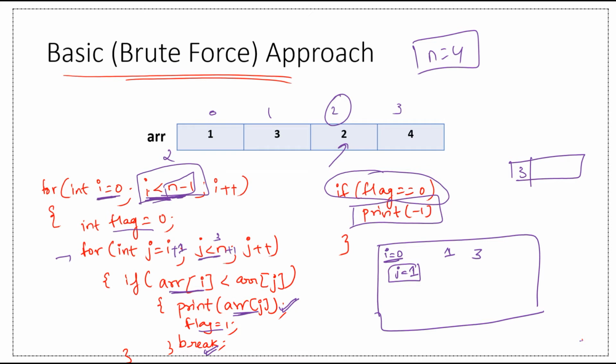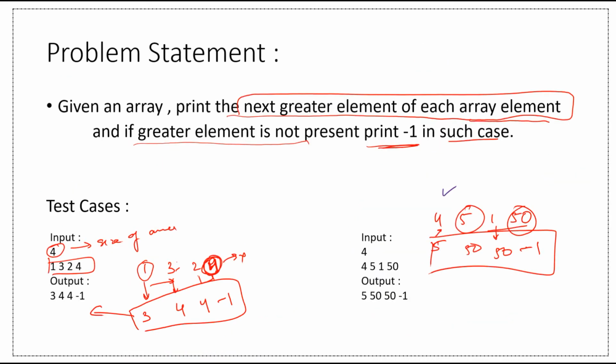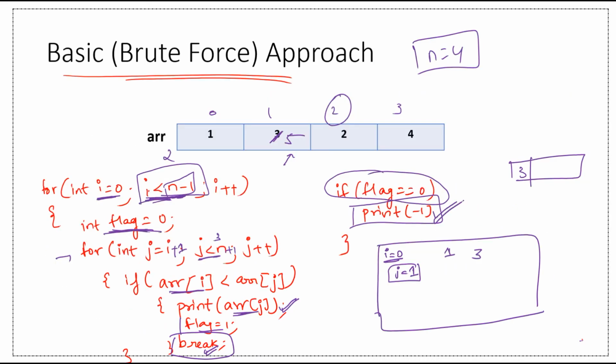So what it means? It means that now suppose there is an element, instead of 3 there is 5. Okay, suppose. So what will happen then? For this element, in the second loop we will traverse through this subarray. Okay, so we will not find any greater element. So in that case we won't break, and also flag value will remain 0. Okay, so we will check if flag value is 0. Yes, flag value will be 0, so result will be minus 1. Okay, similarly in case of last element.